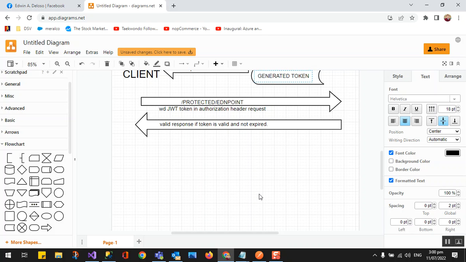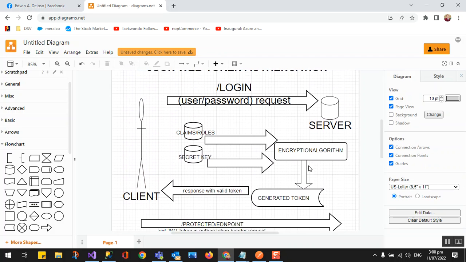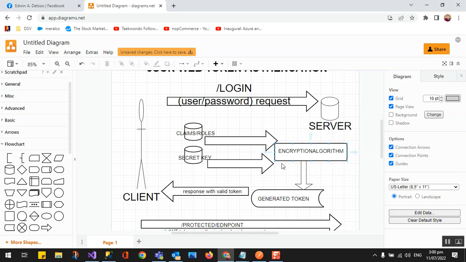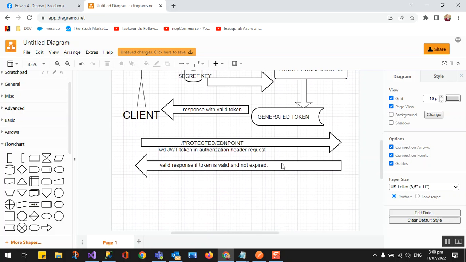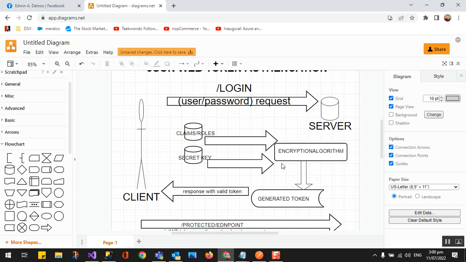Once you send the valid token, it will be validated on the server, and it's checked that it's correct and not expired yet. In this part there is also an expiry date, which I have not included, but as part of the encryption algorithm, we can set the expiry date. For example, that token will be valid for just an hour or a minute. If it's already expired, then you cannot use it, right? So if the valid token is there, injected in the header of the request, then that client can now access the protected area of the site. So that's basically the cycle of the JWT token.